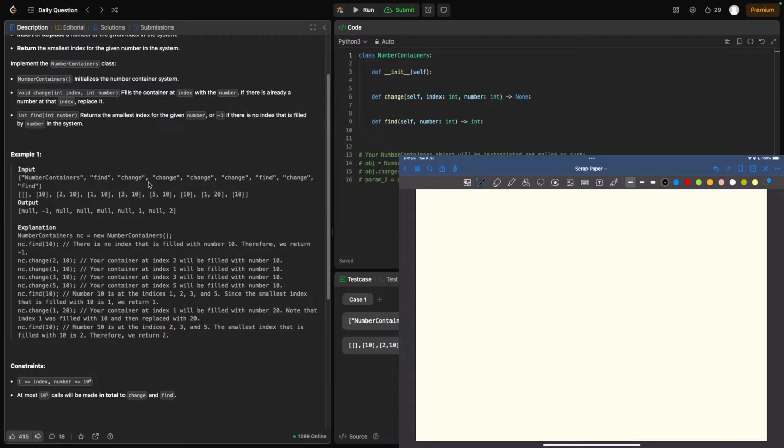And after a bunch of changes, it runs find again. So we want to find the smallest index for the number 10. Since it has been allocated to 1, 2, 3, 5 index, the smallest is 1, so we have to